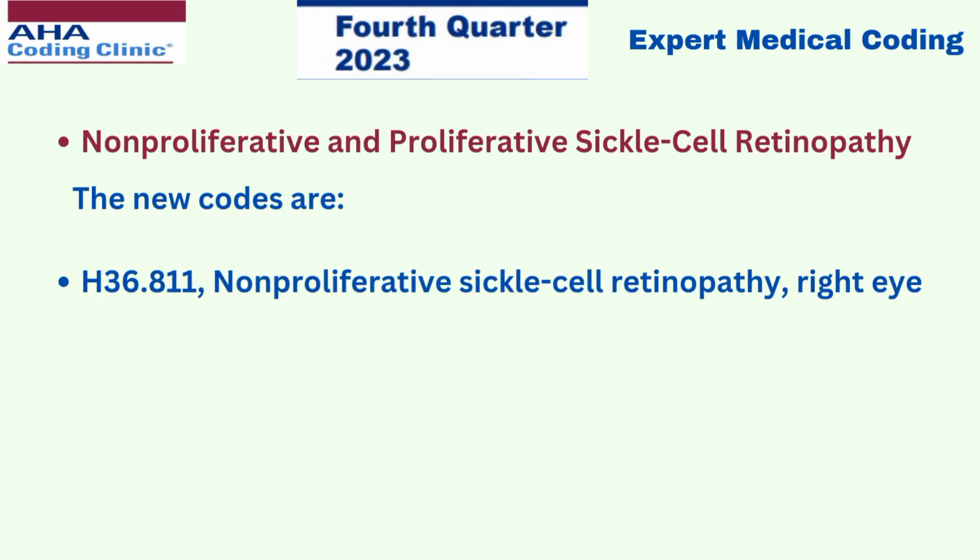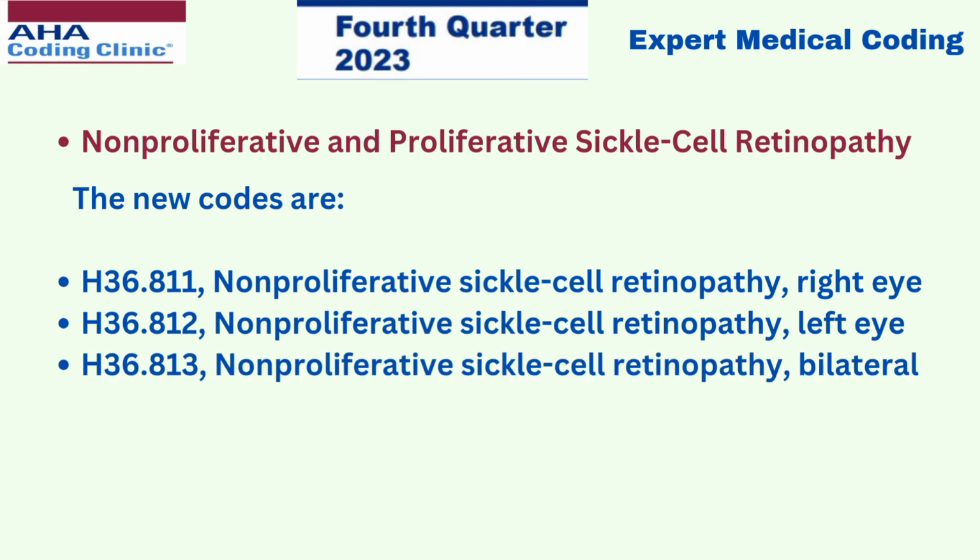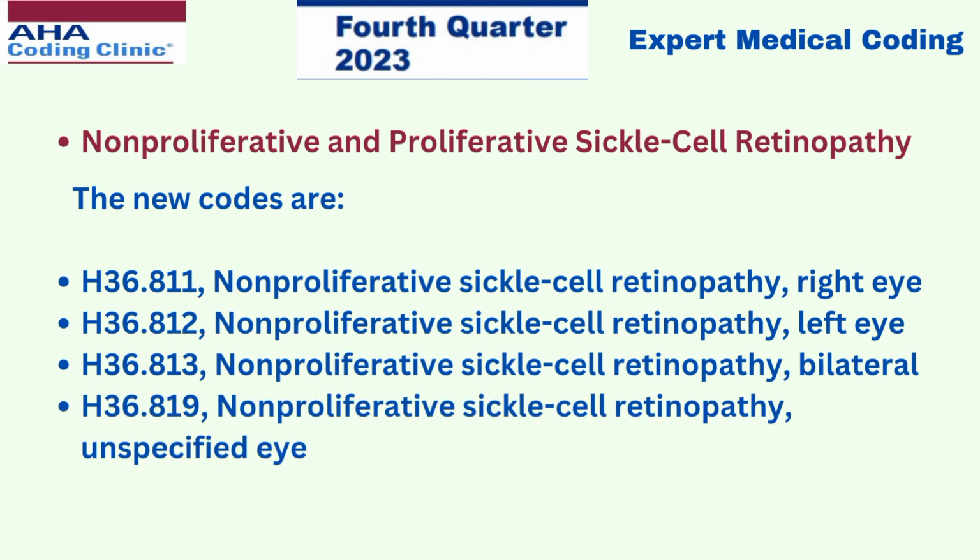H36.811 non-proliferative sickle cell retinopathy right eye, H36.812 non-proliferative sickle cell retinopathy left eye, H36.813 non-proliferative sickle cell retinopathy bilateral, H36.819 non-proliferative sickle cell retinopathy unspecified eye,